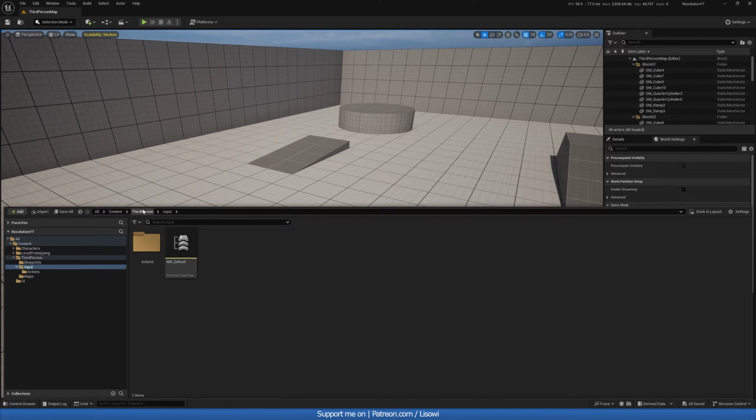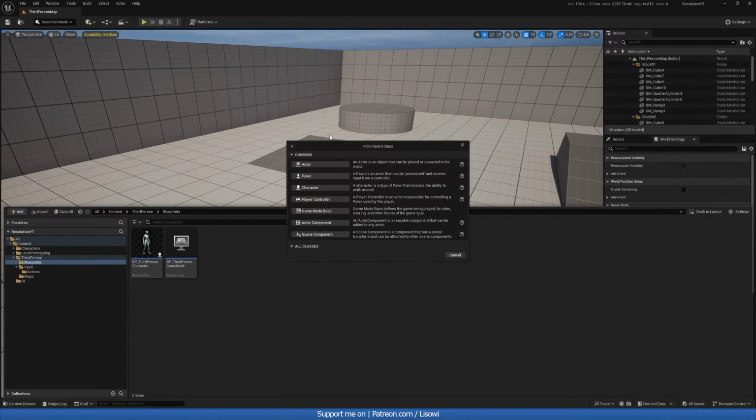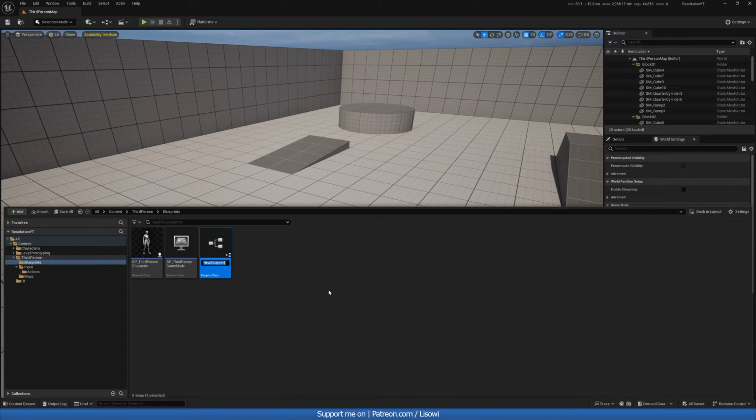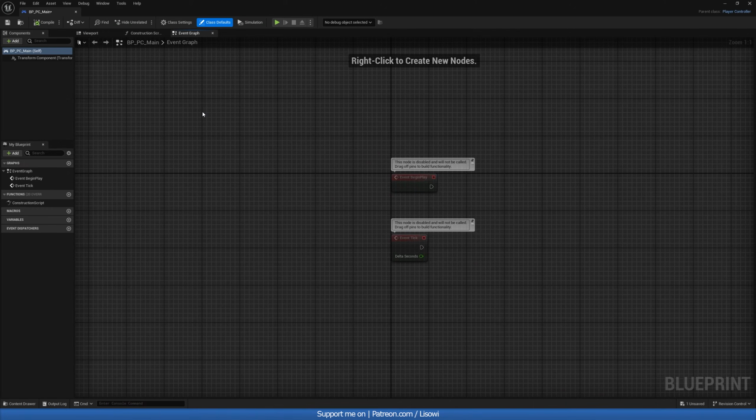Now, in order for this to toggle, we need to create a player controller. So let's right click and create a blueprint. Now, let's go to blueprint class, player controller, BP underscore PC, for player controller, underscore main. Let's open that up. Inside here, let's go to the event graph, and we want to create a new function